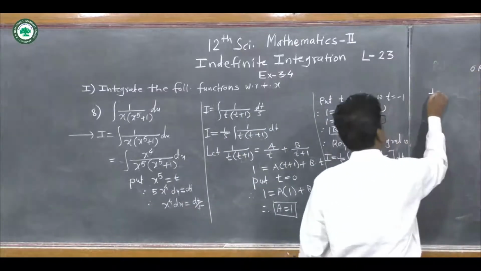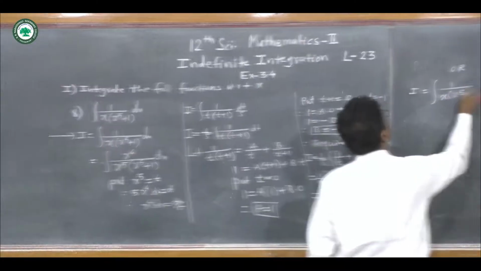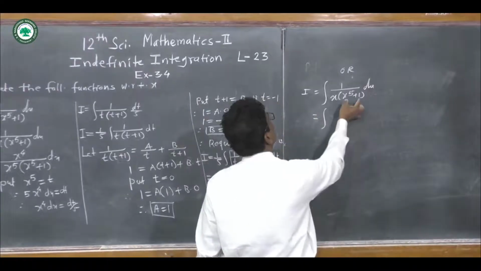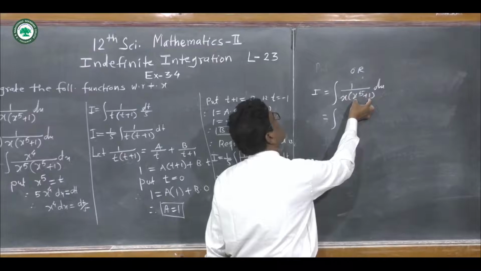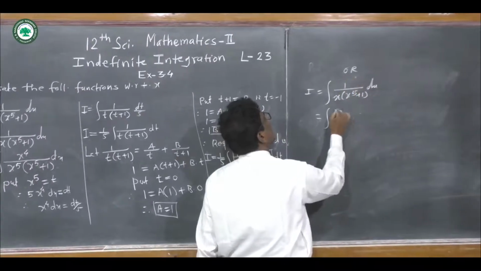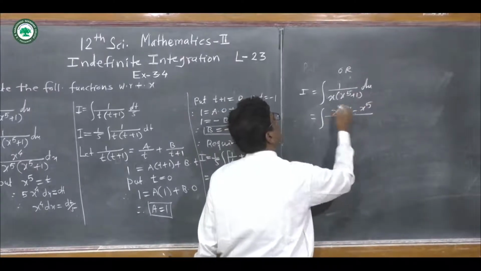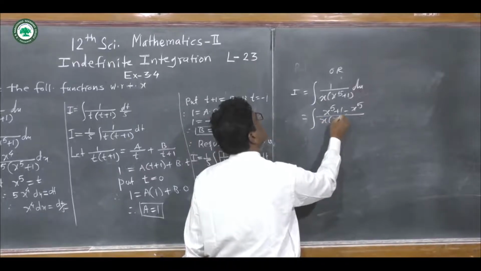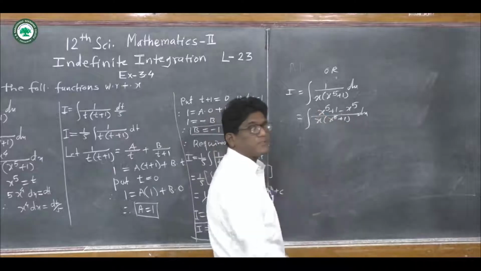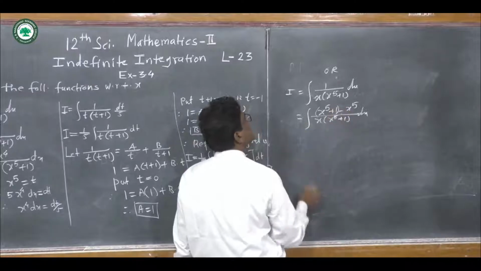Here I is equal to integration of 1 upon x into x to the power 5 plus 1 dx. So we take this as integration of x to the power 5 plus 1. Out of this, 1 is present here in the numerator. We add here x to the power 5. So we get x to the power 5 plus 1 minus x to the power 5, divided by the denominator x into x to the power 5 plus 1 as it is. Get it? x to the power 5, x to the power 5 get cancelled to each other. And now here we take separate division.